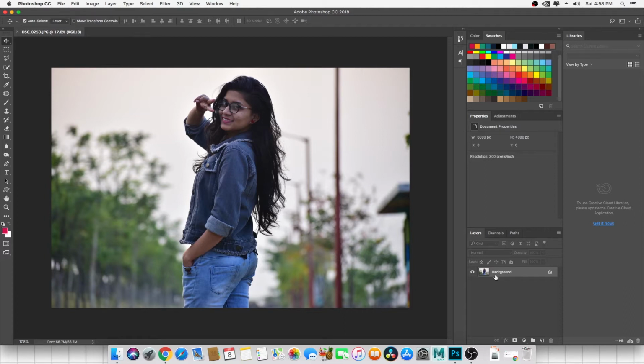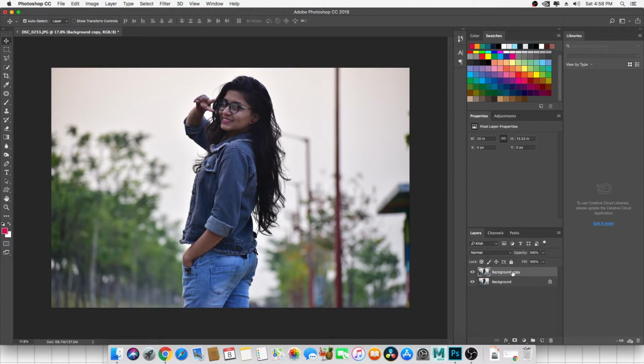As you see, here is a layer. First of all, I'm going to duplicate it, just Control and J, or I can just drag it onto the new layer icon, so it's going to duplicate the picture. Why duplicate? I always duplicate because I always need to watch the original picture and the edited one, to see what difference comes after my editing. That's why I always keep the original in the background and work on the duplicate.